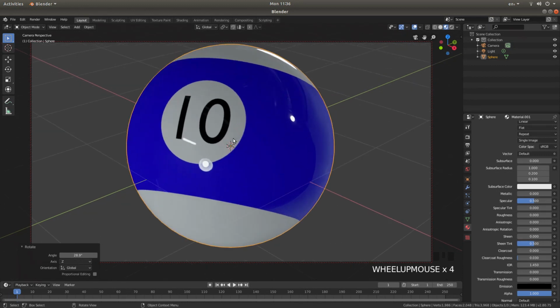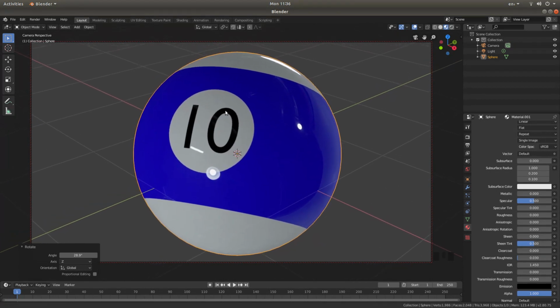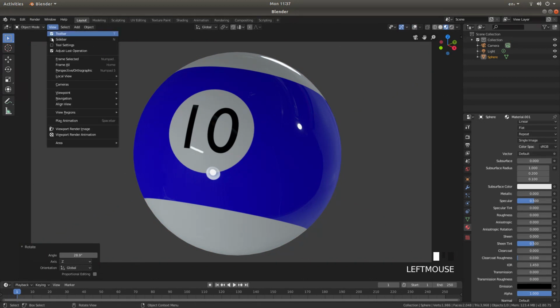and I'm going to roll my middle mouse to zoom in. Hold shift and my middle mouse button down to drag this, so I've got a half decent view of this sphere. And then top of the screen, look for the two rings, one's solid, one's not. This says show overlays. Left click on this, and then all you're going to do is view, left click on view, and then left click viewport render image,